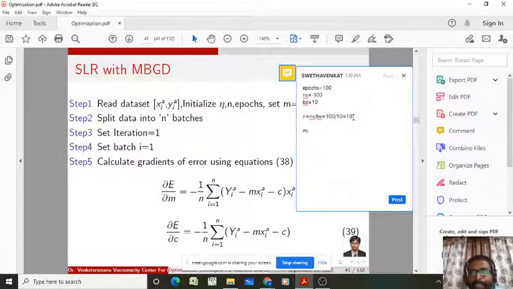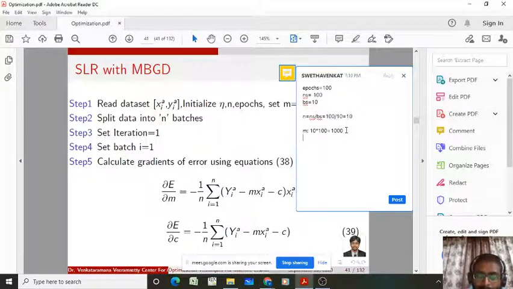That's equal to, because we have the 10 batches, right? So 10 batches means you pass all the samples in the first batch and update the model parameter. Second batch, update the model parameter. Third batch, update the model parameter. 10th batch, update the model parameter. That means in one iteration you have to update 10 times, right? For one iteration. But how many iterations are we running this training algorithm? That is 100. So 10 into 100, that's equal to 1000. Right?